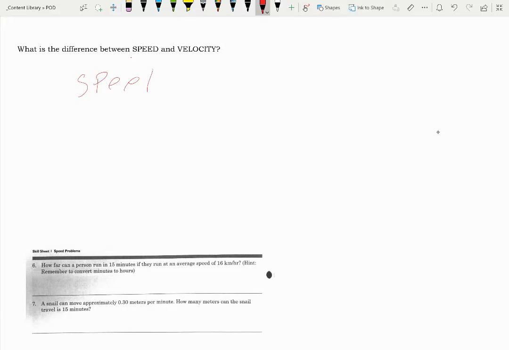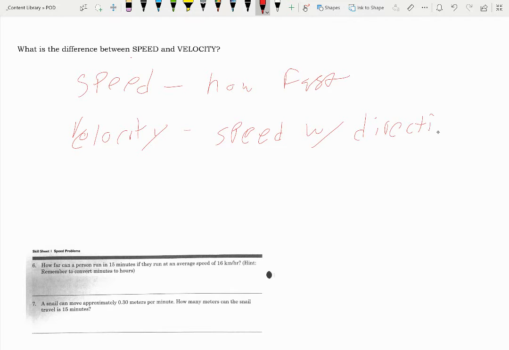So, speed: how fast, and velocity is speed with a direction. Okay, so